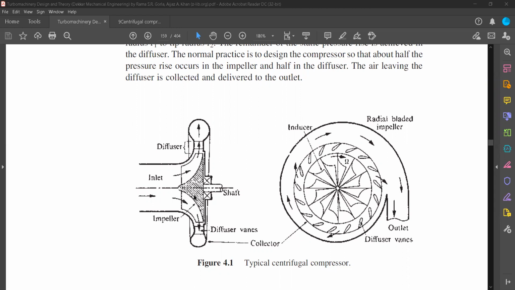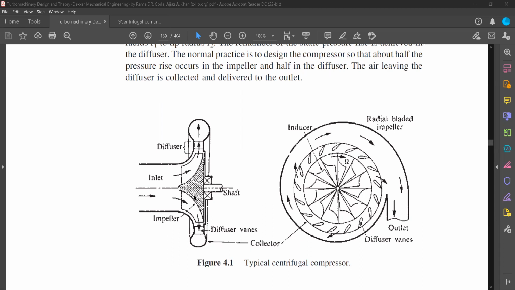And later we are going to see how the design process will happen, or we'll do calculations to figure out what the pressure ratio is, or given a pressure ratio, what the efficiency should be. But these are very simplistic, with so many assumptions in the model we are assuming over there. But for reality, we use numerical software, where iterative processes happen, and we then figure out the output parameters depending on the different input parameters.